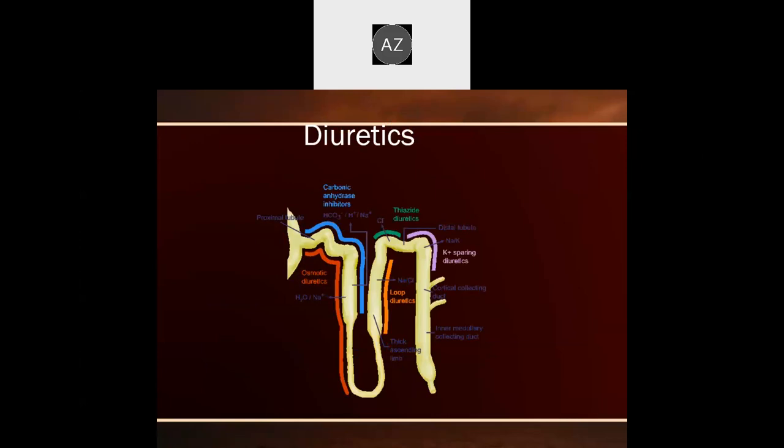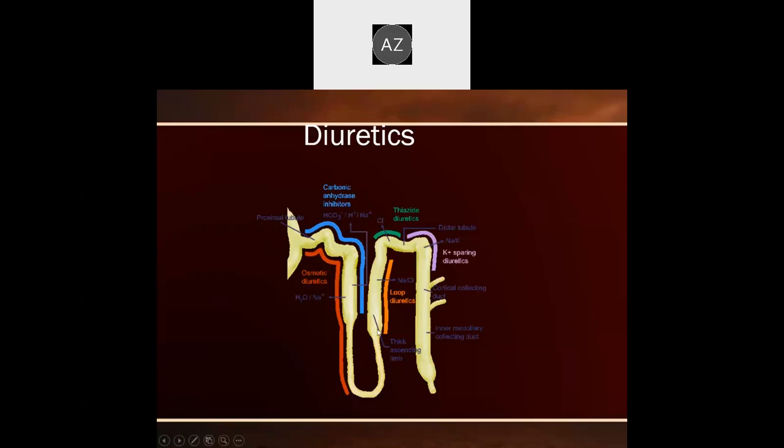When you see our lecture on this, you'll find that most of the diuretics, carbonic anhydrase inhibitors, work closely on the proximal part of the nephron. And then we have the osmotic diuretics from the proximal convoluted tubule to the descending loop